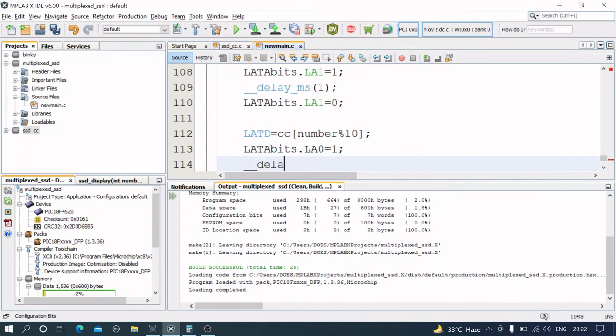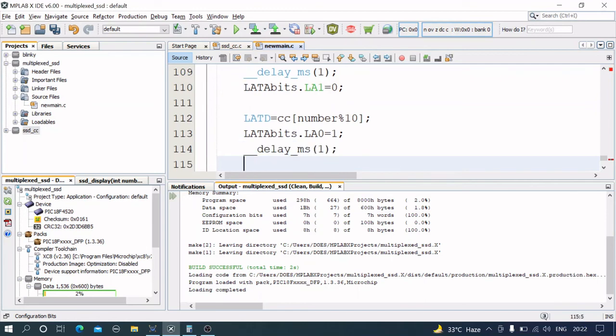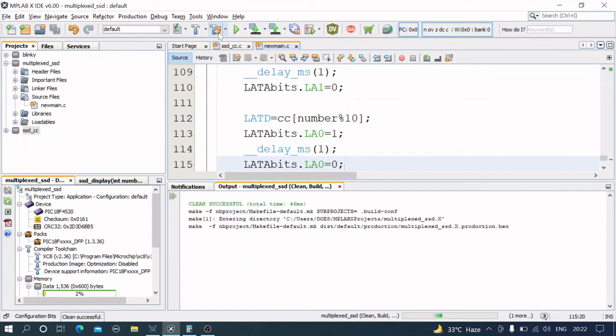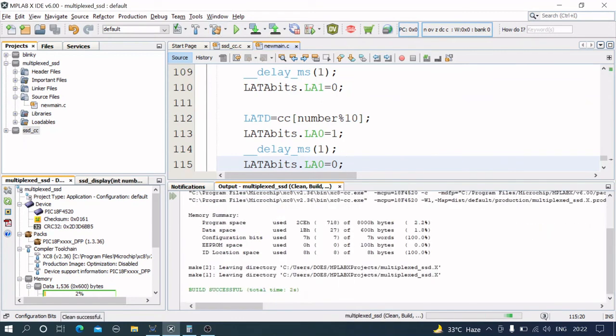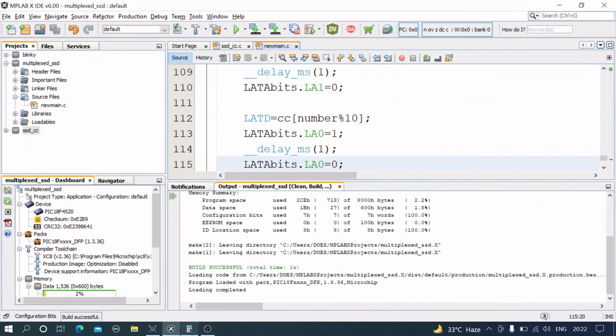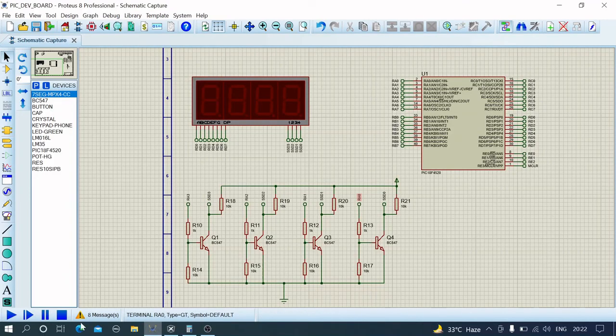Again we will provide some delay, let's say 1 millisecond, and we will just turn it off. Dot LA0 equals 0. So we will just compile the code. And if you go to the simulation, now you can see we are able to print the whole number, which is